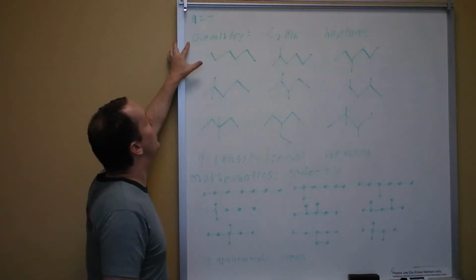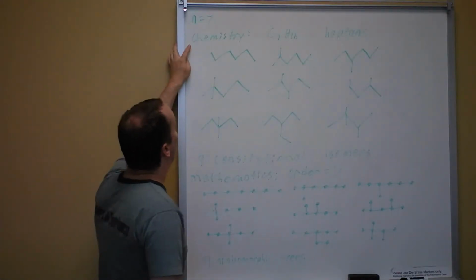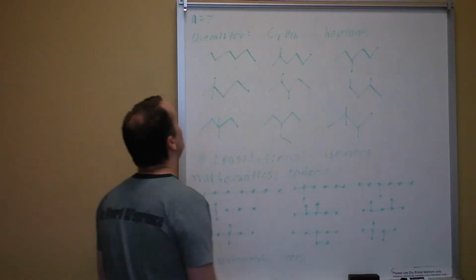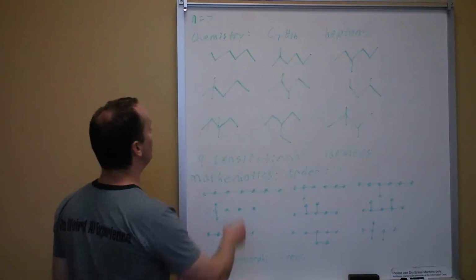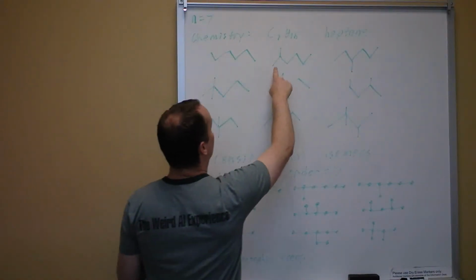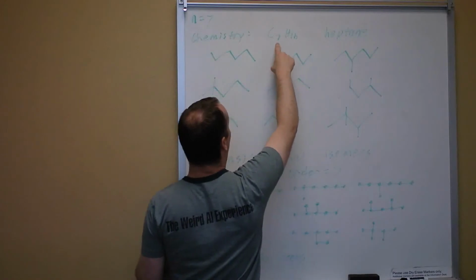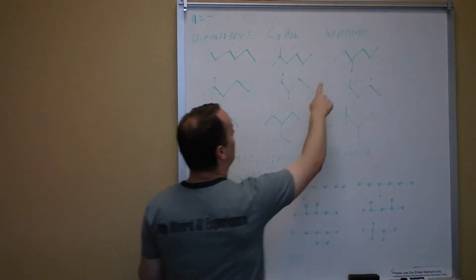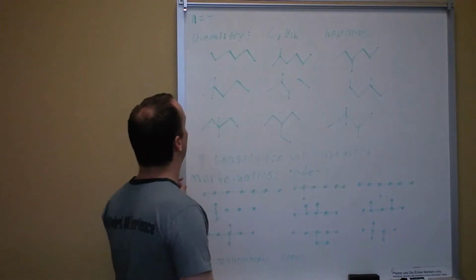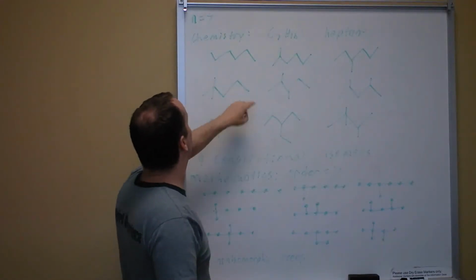Okay, continuing on, now what happens if n is equal to 7? Well, in chemistry we get the formula C7H16, which we call heptane, and of course there are a bunch of ways to do that. We can do all the carbons in a row, or we can do 6 of the carbons in a row and have 1 come off the second carbon, or we could have 6 in a row and have 1 come off the third carbon, or we could have 5 in a row and have 2 come